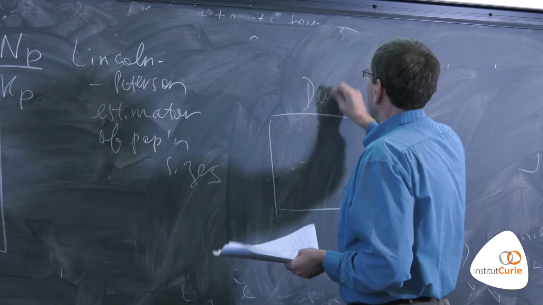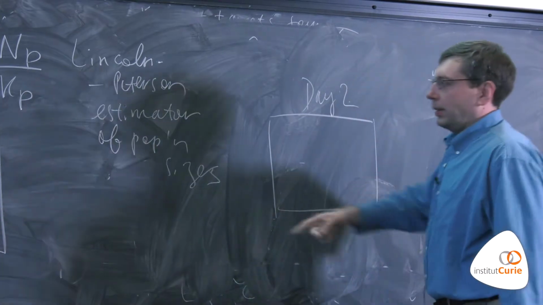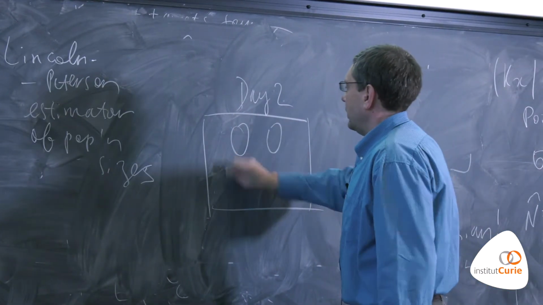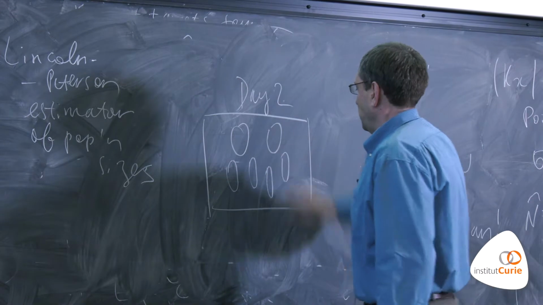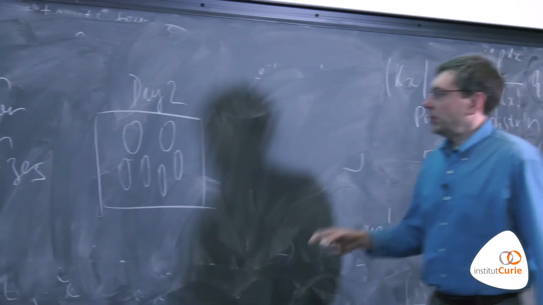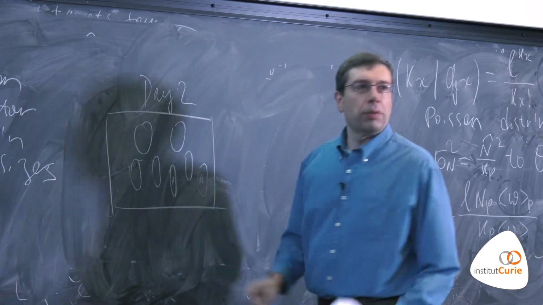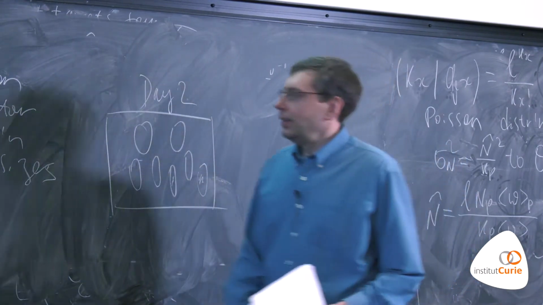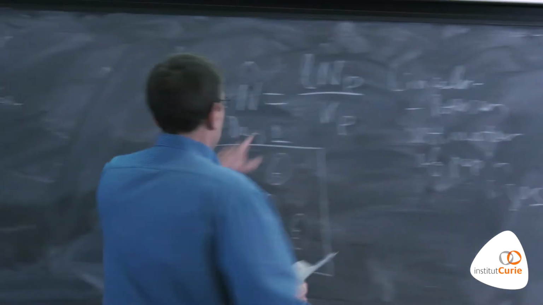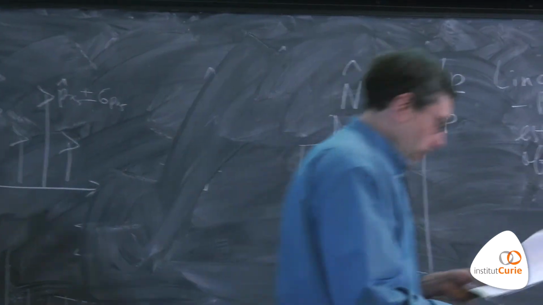So day 2. So these were all marked. And suppose you got 6 or 7 things, and 2 of them are marked. Okay, 2 of them had rings. So now this is enough information to estimate this, because in this language,